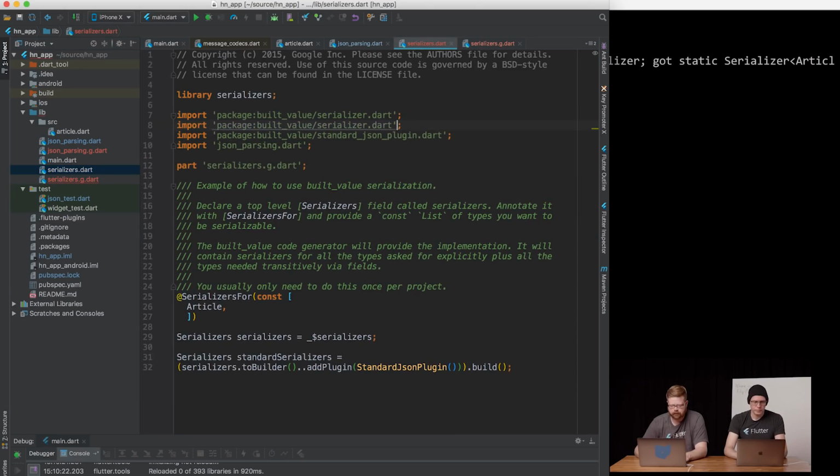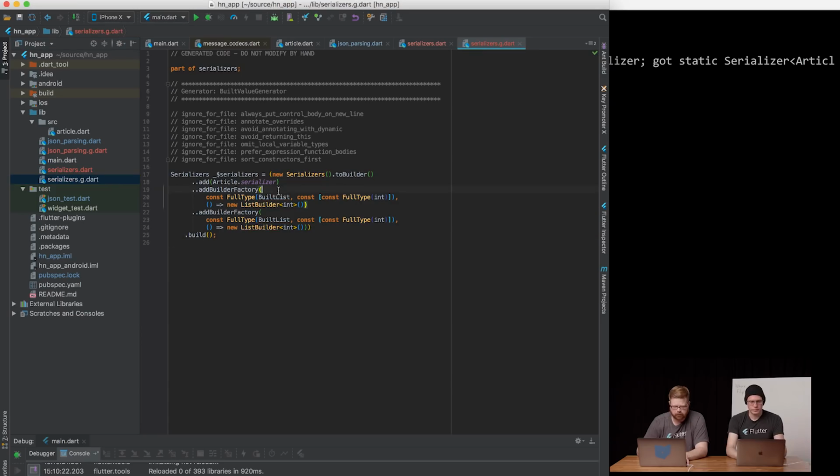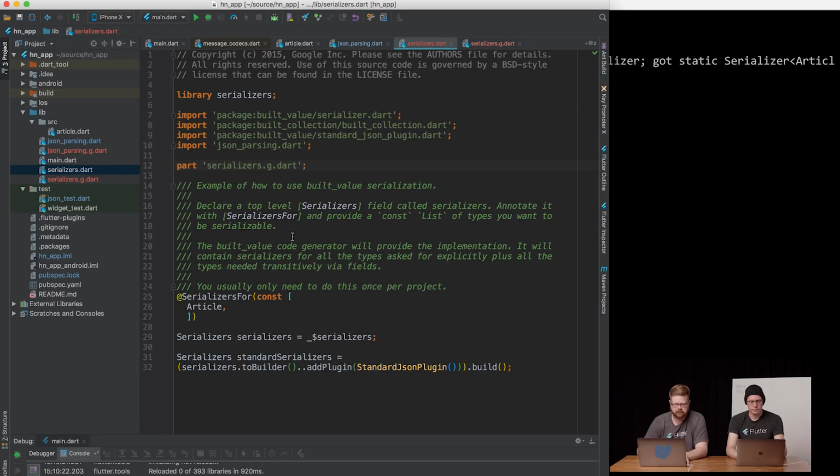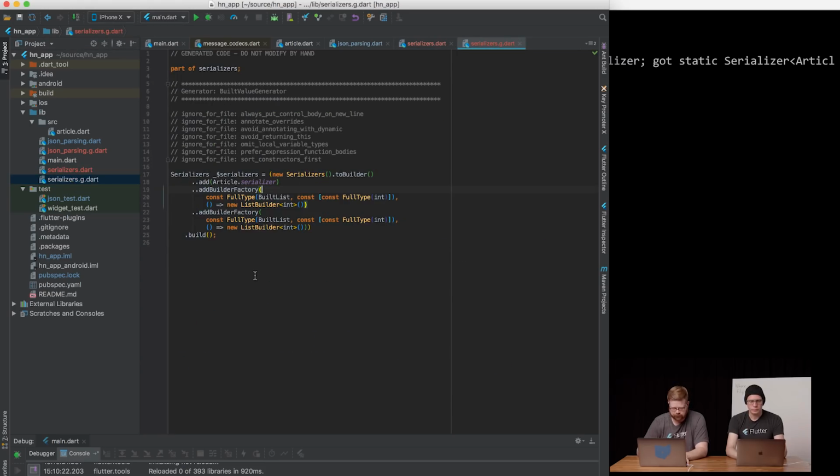Maybe I need to import built collection up here. There we go. I think that will get picked up in the part file. Okay, so I was just missing that import for built collection, which was confusing the poor little serializer,